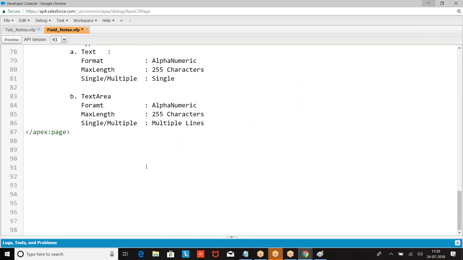So what is the difference? If you want to enter address, address will be entered in multiple lines. Then I will go for text area. Both of them are same, but one is single line, other one is multiple line.